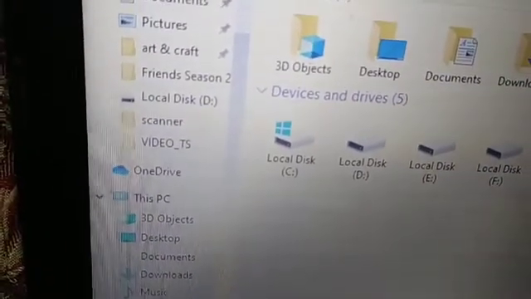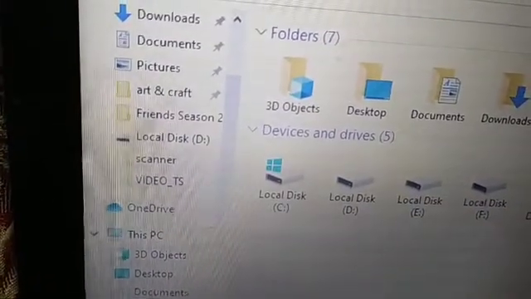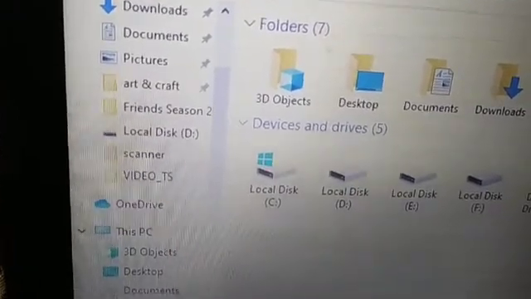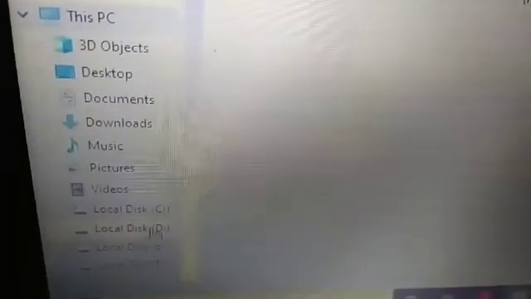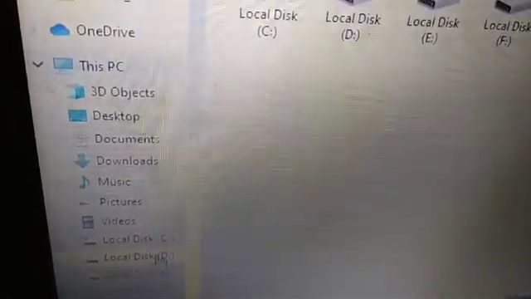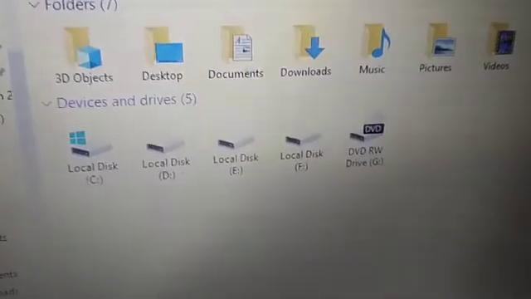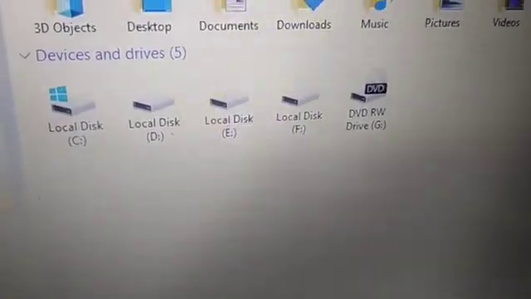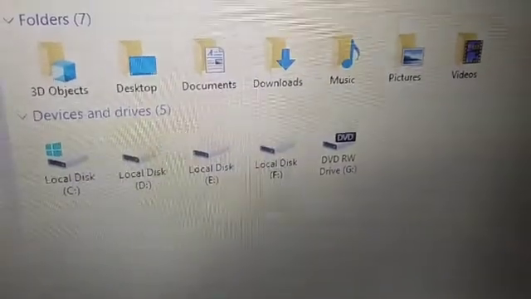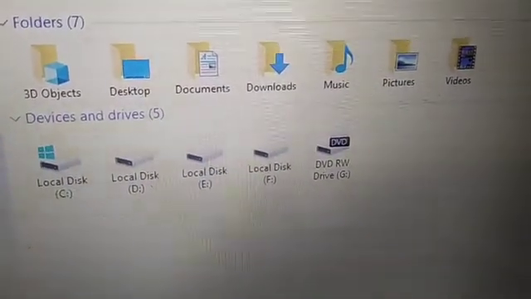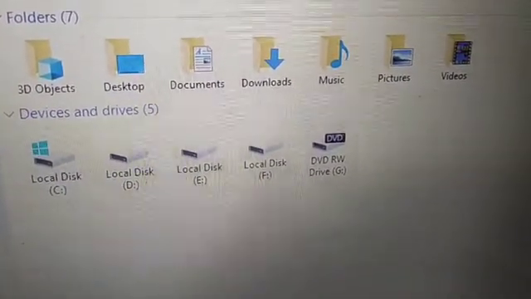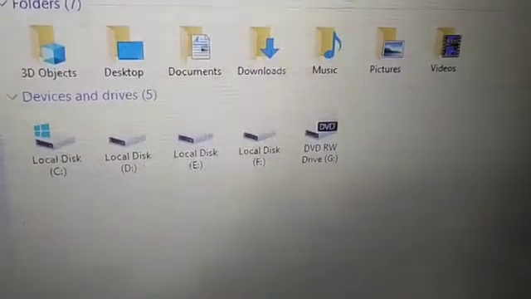All folders are there. Okay, picture, document, downloads. Here you can save your work, whichever work you have done. If you want to save videos, pictures, different folders are there. Okay, music folder, these are different folders, and here too you can see. So you can save your work in these folders and drives of the hard disk.